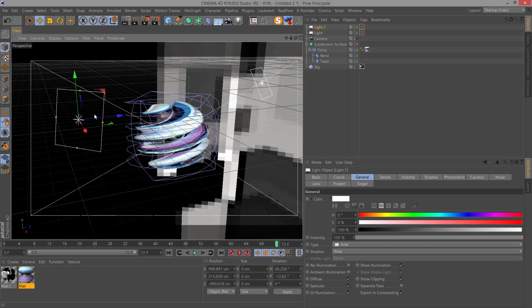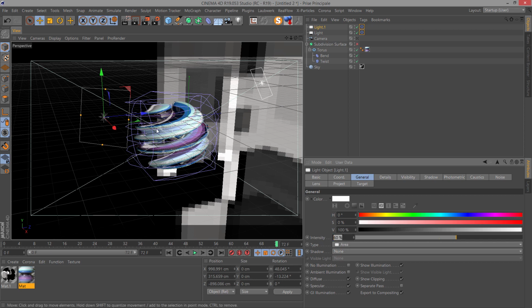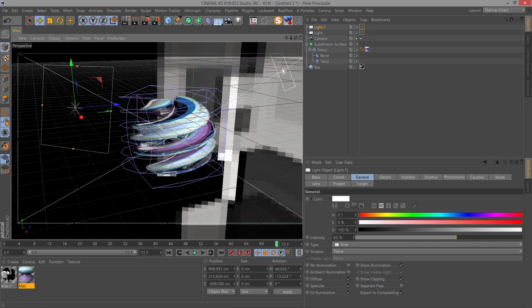It's laggy, we got a lot of subdivision. Okay, for this one, I won't add any shadow. So shadow none, and intensity I will put 60. Okay, go back to camera view.